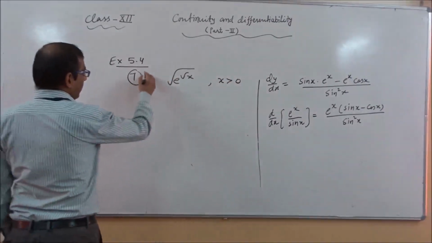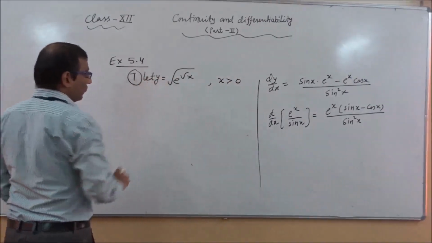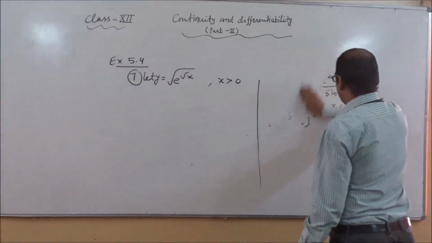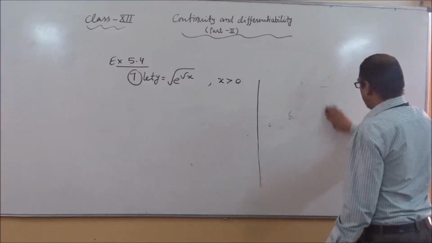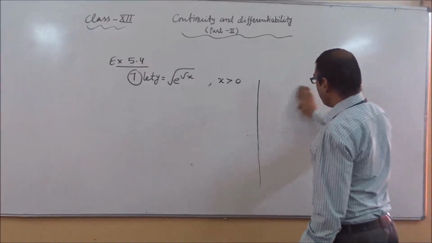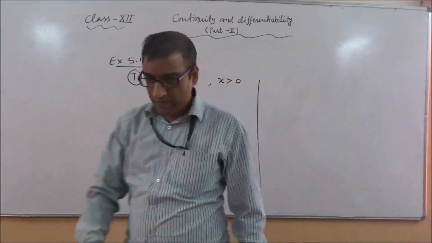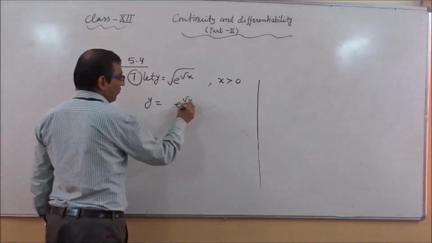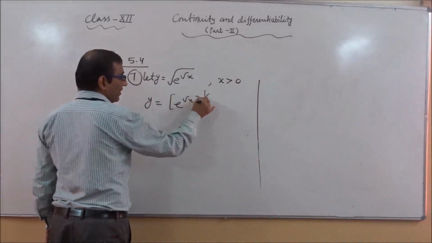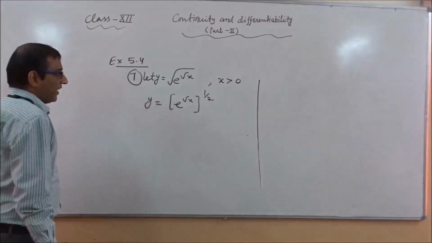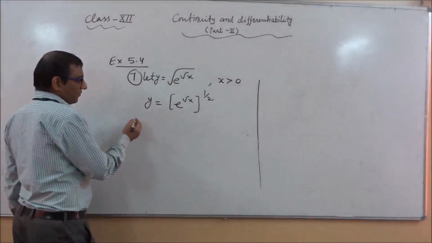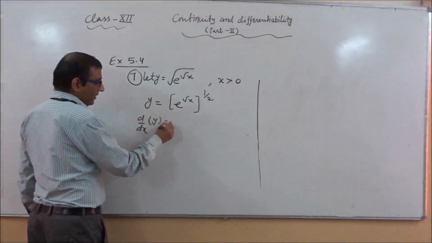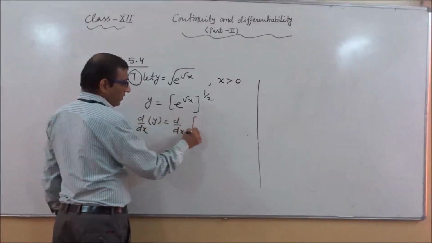So again we will start with let y equal e raised to the power under root x in under root x. For such a type of function, first we will write it in the simplest form. After that we will go with the differentiation. So the given function can be written as y equals e raised to the power under root x. First we will write it in this way. After that we will apply the concept of differentiation, so that it can be written as d by dx of this function.